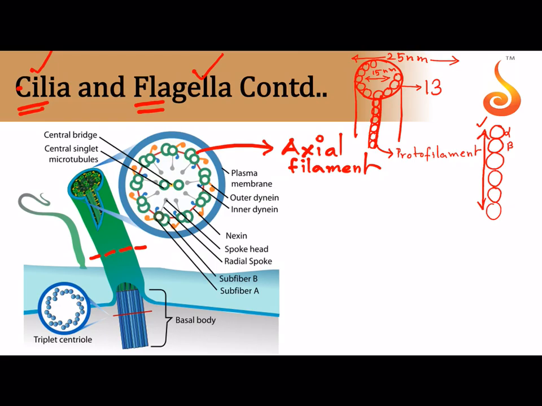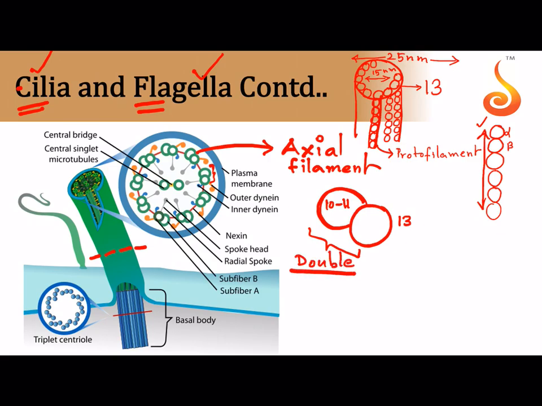So this whole thing is referred to as a protofilament. How many such protofilaments are present in the microtubule? 13 different protofilaments are present. So 13 protofilaments are arranged around a hollow center to give rise to this hollow tube, which is referred to as the microtubule. What you see in the axial filaments are basically microtubules. You see doublets of microtubule, that is one complete microtubule which has 13 protofilaments, and outer to that you will find an incomplete one which has about 10 to 11, and these are referred to as the microtubule doublet. So remember that cilia and flagella have a microtubule doublet.